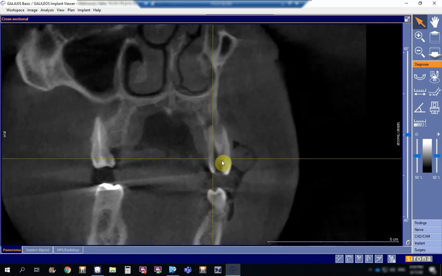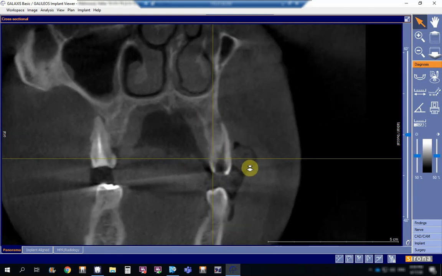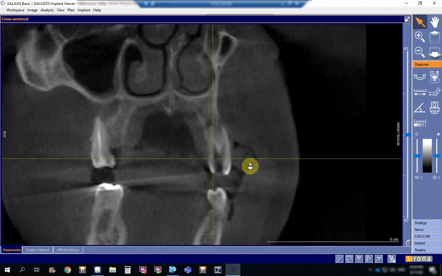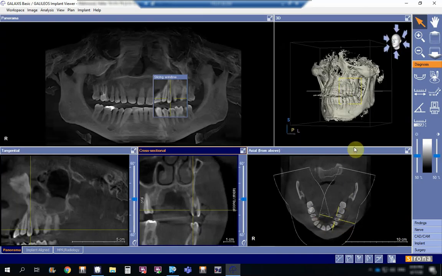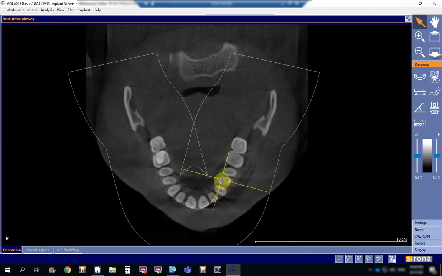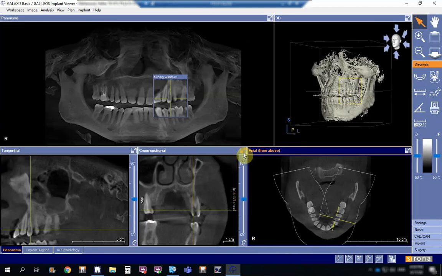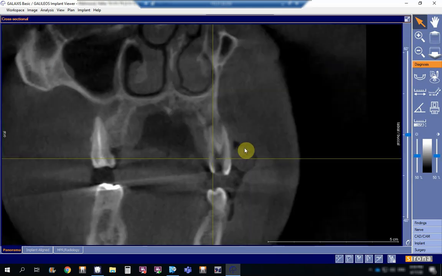You can see that there is a carious cavity over here, and then this is the buccal root, and this is the palatal root, where you will find a radiolucency at the apex of the palatal root. Now if I go, see, I'm in the exact middle. I'll take you back again to this. See, I'm in the exact middle of the center of the premolar, where you can trace exactly the canals,